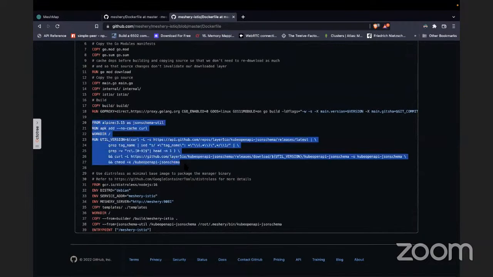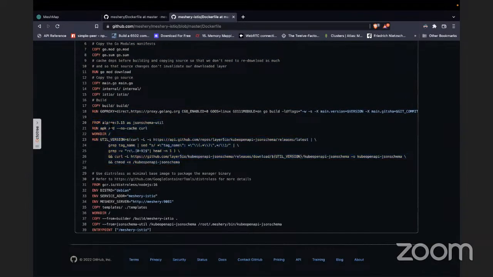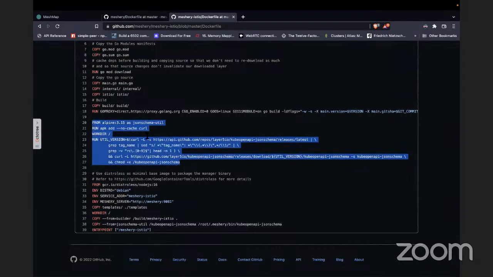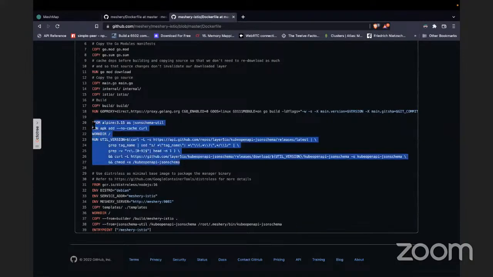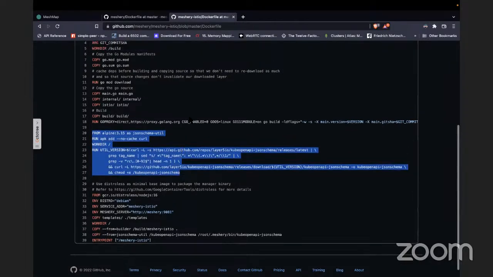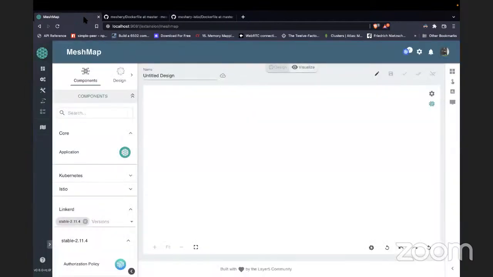So the small update is that we are no longer using this whole step because we no longer require this binary, because the schema validation that we do now, we use qlang for that, which is completely Go native. We use Go functions for that, Go packages. So this will be removed, and this also reduces the image size by 25 megs, I guess. So yeah, that's all from my side. Any thoughts or feedback on that?